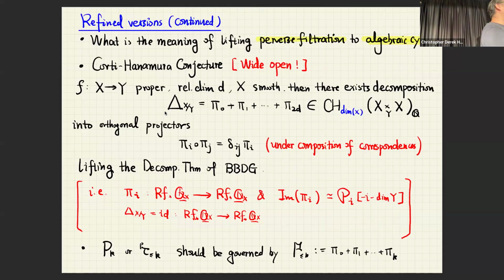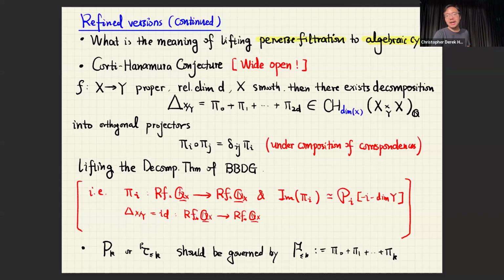Well, the decomposition theorem is not canonical, so there's no right one. So yeah, both statements are about existence. So there exists a decomposition of the relative diagonal which splits to a decomposition in the sense of BBDG. But this is a very good point, because all the things we essentially care about concern P and the perverse filtration and the truncation functor.